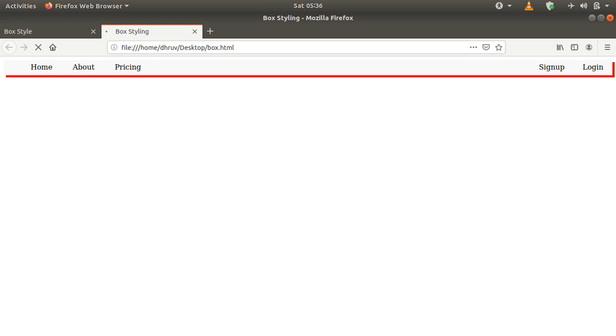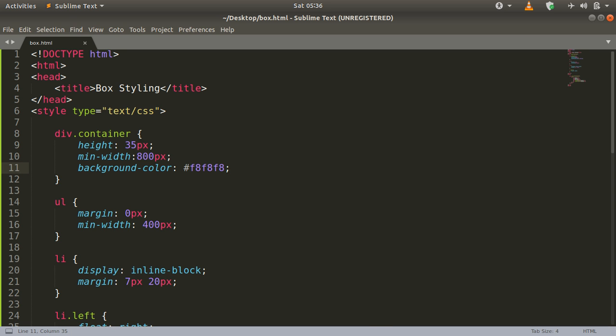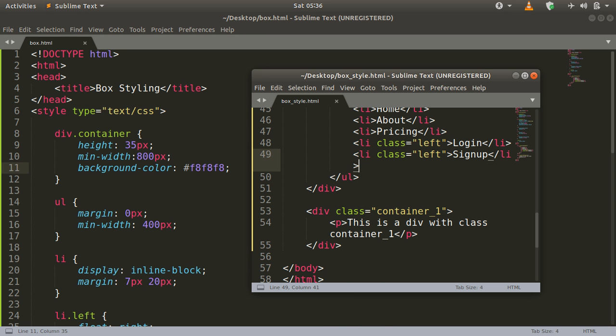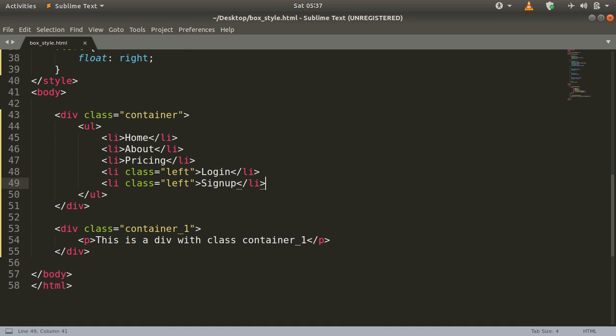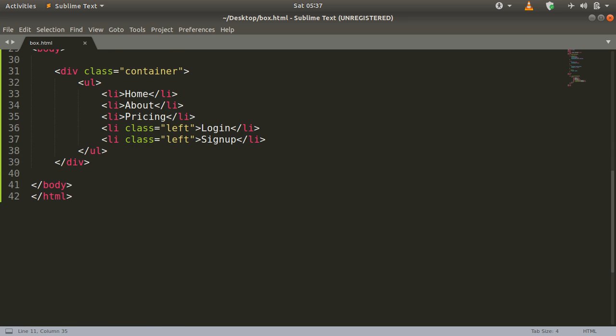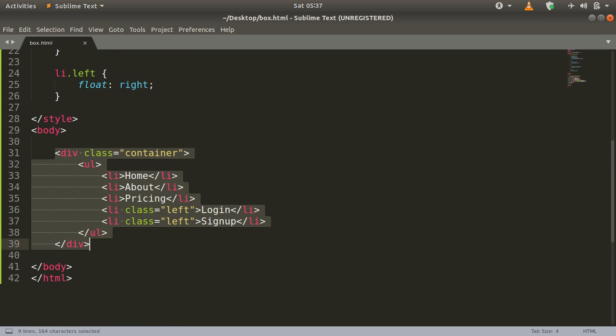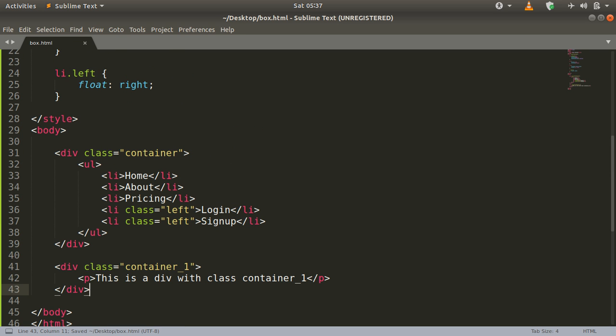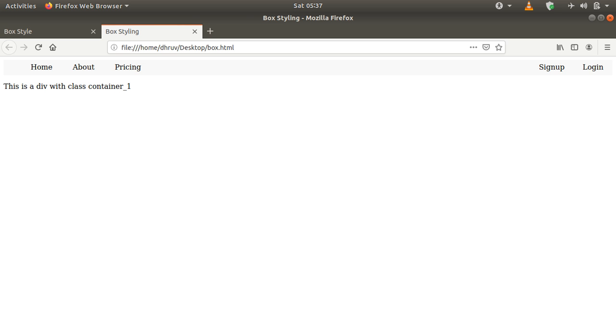What I have done in this actual web page is I have used a division and set its class to container, and we have used another division and set its class to container1. I am just going to copy paste this. Let me paste it here, and let us refresh.